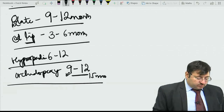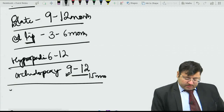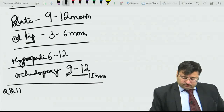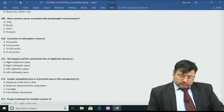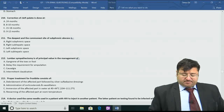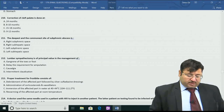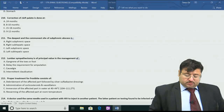So moving on to the next question, that is 211. This is the deepest and the commonest site of subphrenic abscess. So subphrenic abscess, the deepest and the commonest is the right subphrenic, which is usually